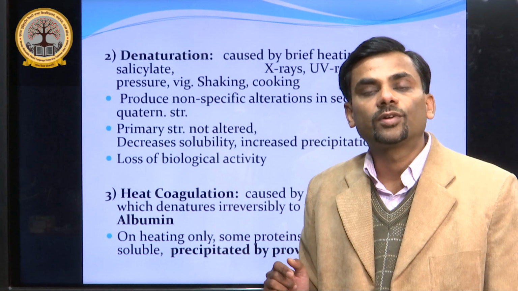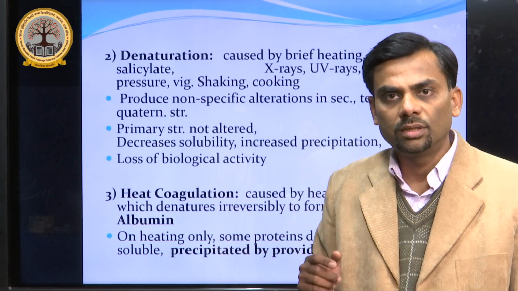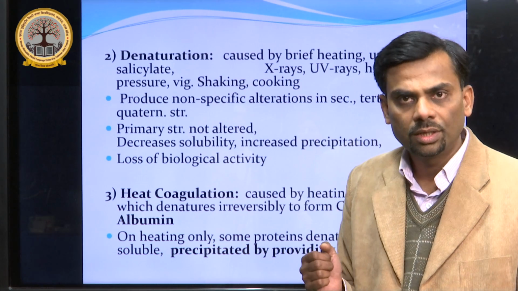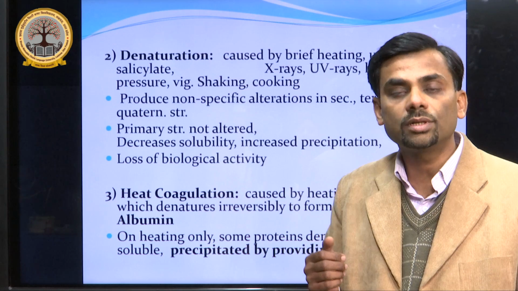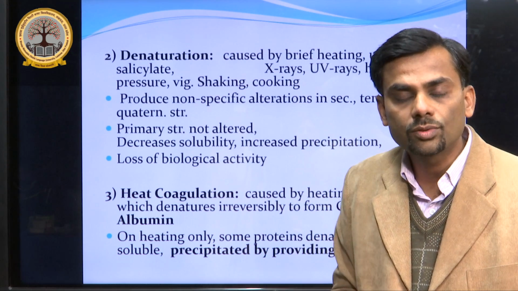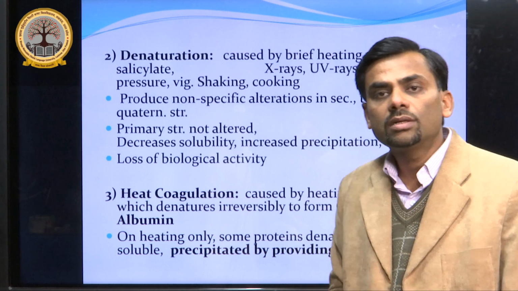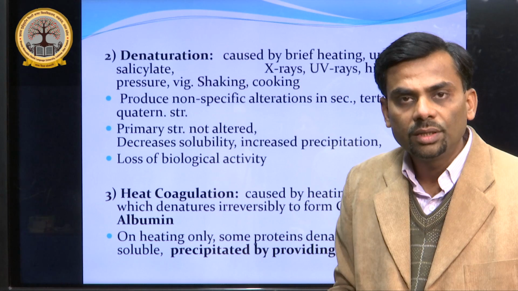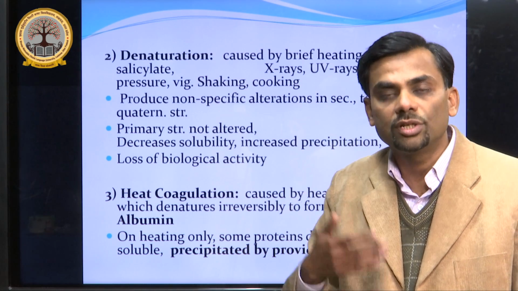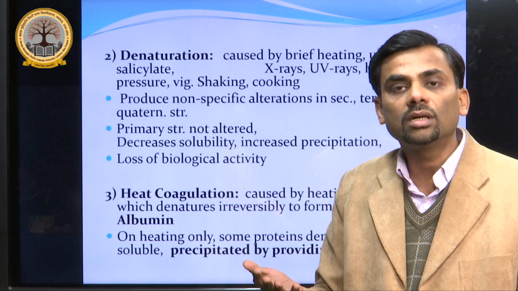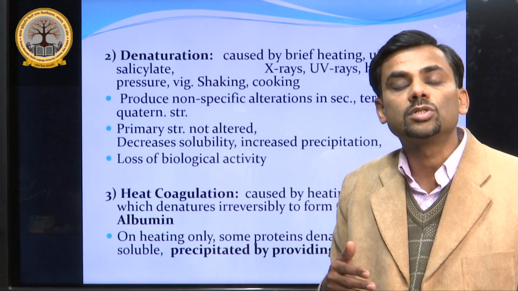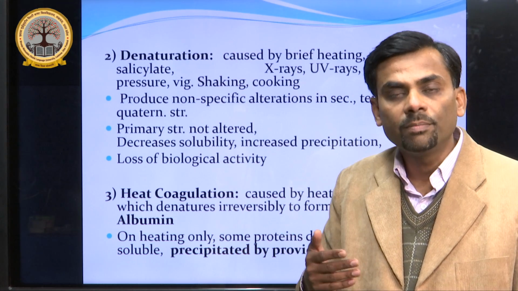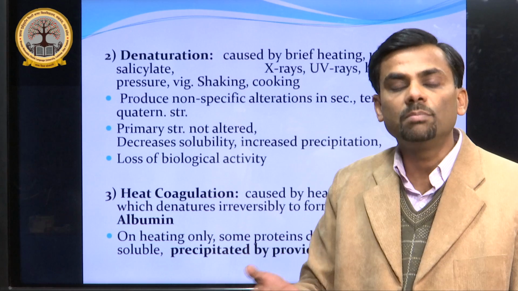Now another factor, apart from precipitation, which falls under the category of chemical properties, is denaturation and heat coagulation. I have also told you in the previous lecture what denaturation of protein is. There is a separate lecture for denaturation of protein; you can go through it. So what is denaturation? It is the modification of the protein's higher order structure, that is, the folded or three-dimensional structure, whether quaternary or tertiary, which is mainly responsible for the functional activity of any protein, whether it is present in enzymes, hormones or any other simple proteins.